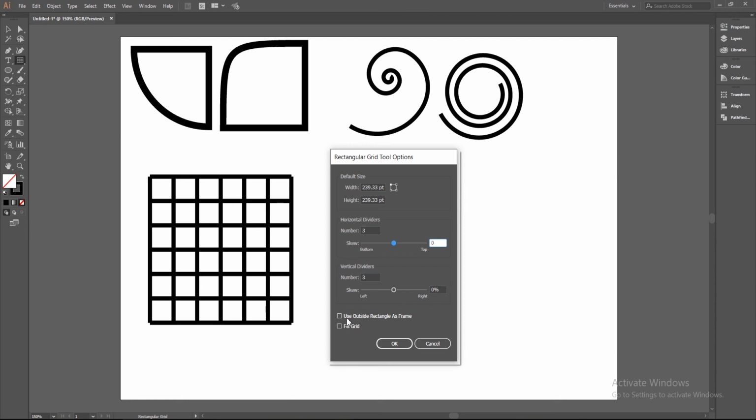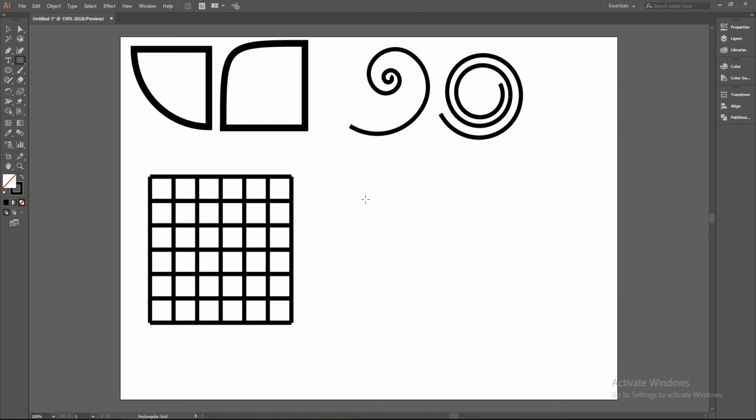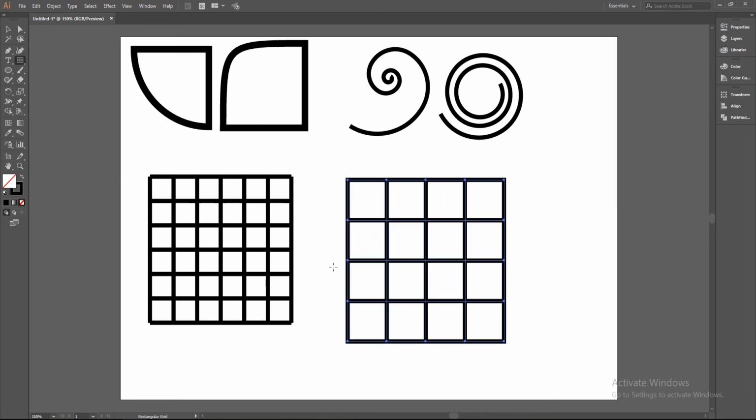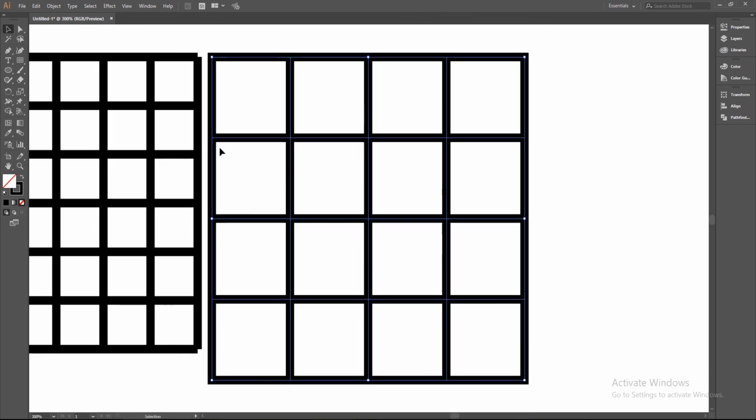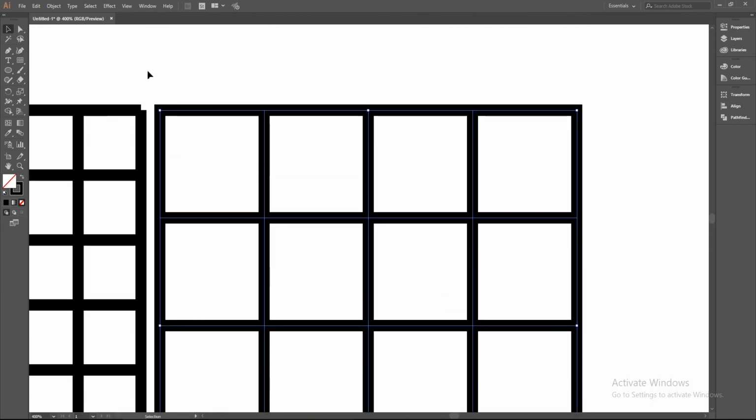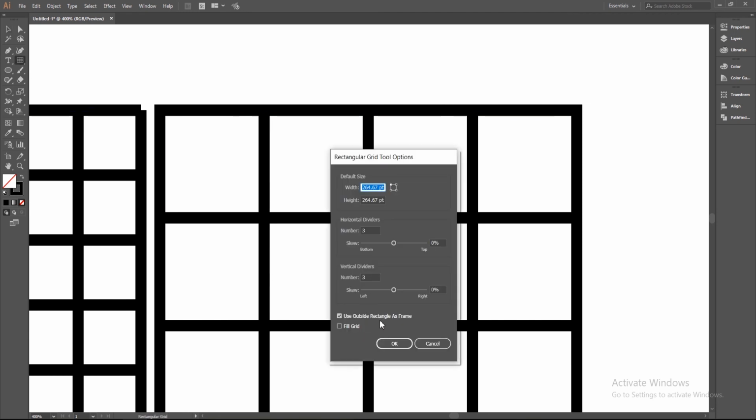Right, so here use outside rectangle as frame. When you select this, you can see the difference. Here I'm again going to create a table. Now you can see the edges are connected, right? So this is the difference between using that checkbox, this rectangle as a frame,